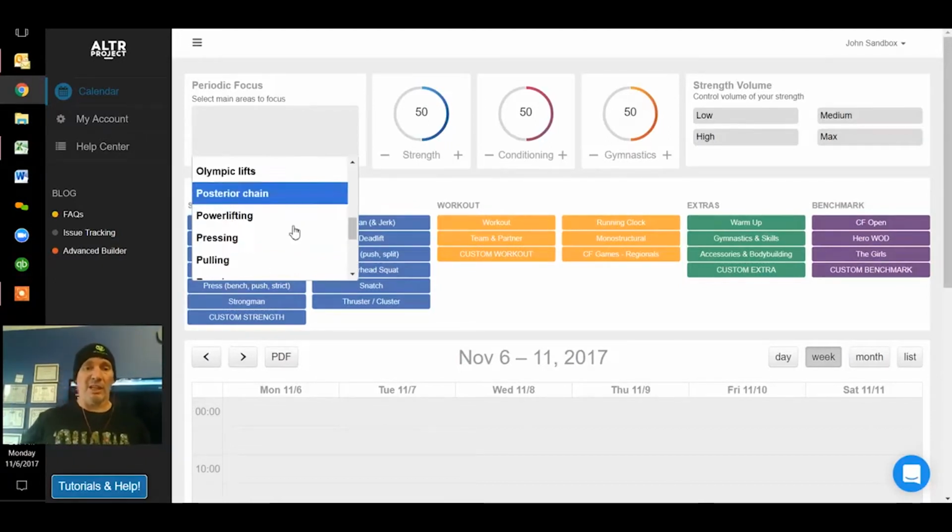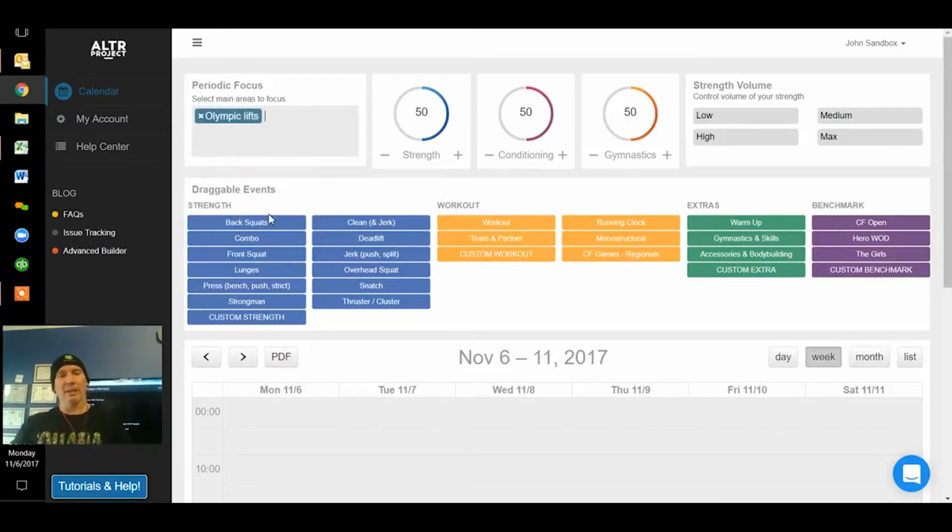For me personally, as a CrossFit box, I'm going to stay toward mainly the Olympic lifts because of the 10 components of fitness. They encompass more of those than anything else. As far as the next slide over, I'm also going to predominantly have a bias towards strength. I think it bleeds over to everything else a little bit better. I might lay off the burpees and the running a little bit more with our conditioning, and I also want us to be working on our gymnastics technique year-round. So by clicking these dials, the system automatically takes that into account when you drag in your next warm-up workout